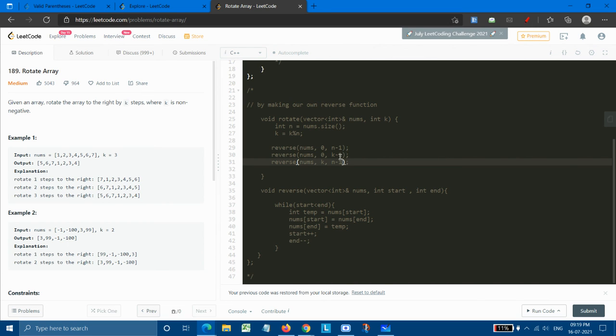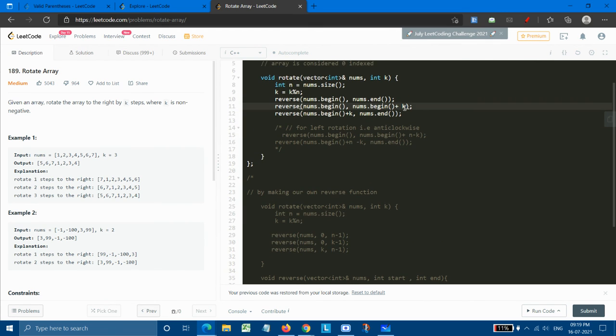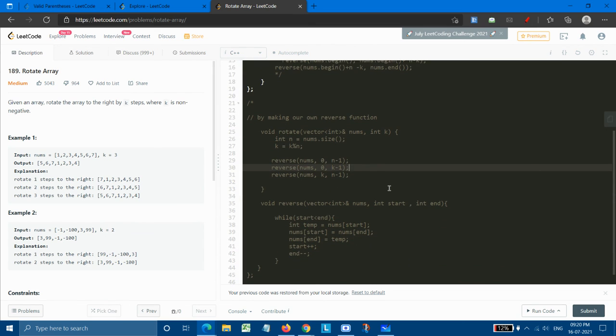Why here was it k minus 1? Because in the STL reverse function, the end it takes simply points to the position just past that particular element. So that's why we were not required to pass k minus 1 there, the way we need to pass it here.